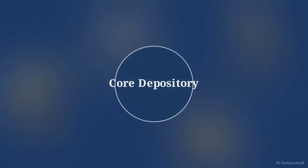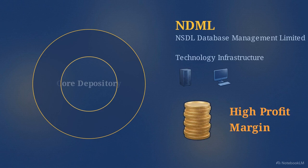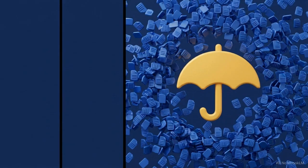Moving one layer out, we find NDML, NSDL Database Management Limited. This subsidiary sells secure record-keeping technology to other sectors, yielding high profits despite making up only 6% of total revenue. NDML transforms secure record-keeping into active digital infrastructure. They operate mandatory KYC verification systems, manage corporate e-voting platforms, and maintain a massive insurance repository with over 154 lakh